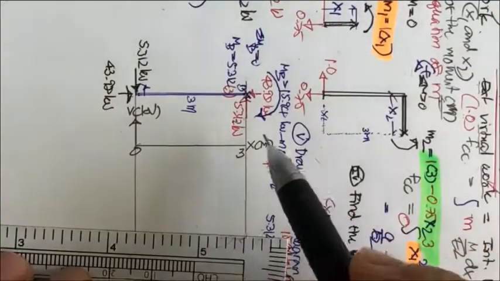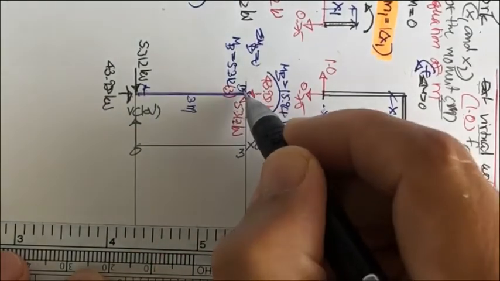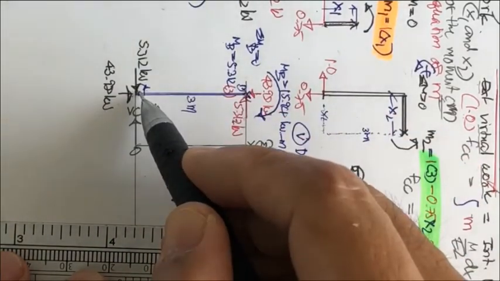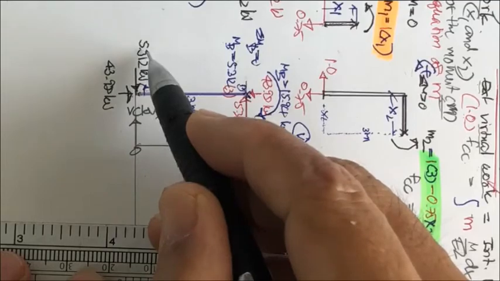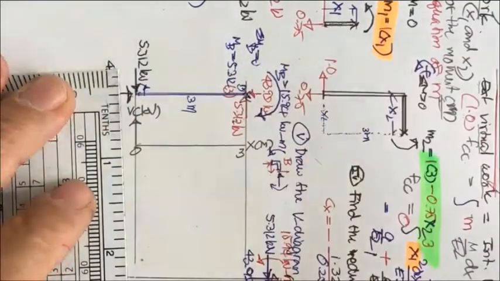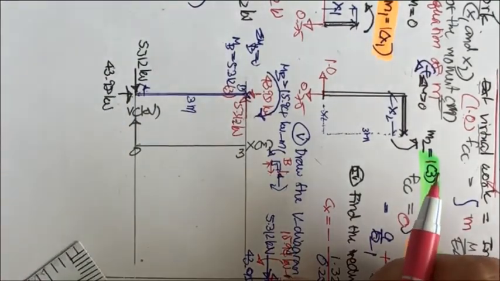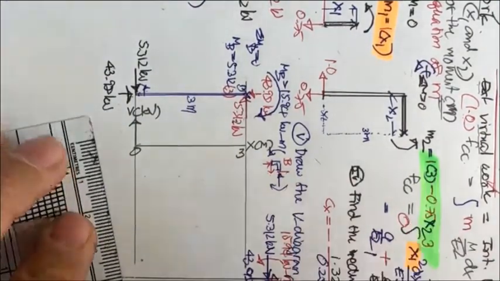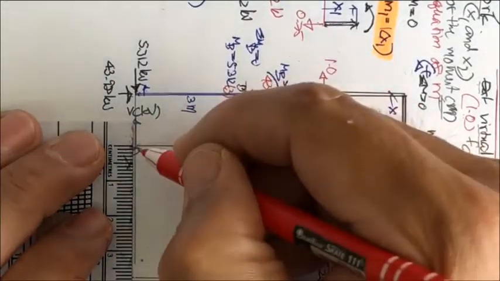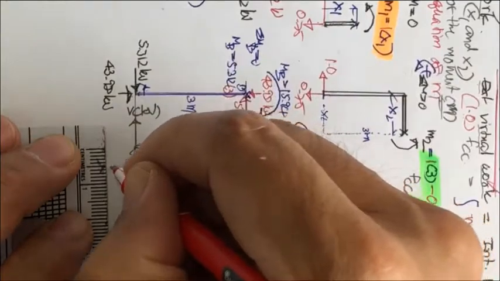Now, what we have is you move from the point A here to the B, you get what? 0.53. Let's say 0.53 is about 5 millimeter. So this one is downward